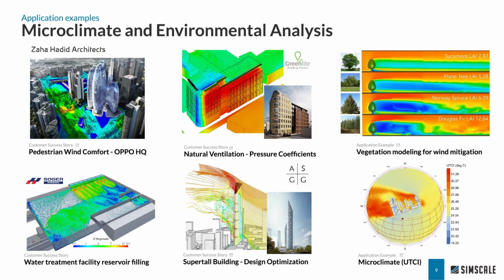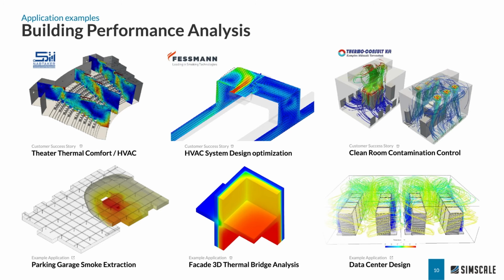And for example, on the lower right side, we see a complete microclimate analysis, a UTCI evaluation for an airport that combines basically wind analysis together with solar, with temperature, humidity, to get a holistic view on the climate conditions locally around the building. And now if you go back inside the building for the building performance and environmental analysis inside the building,